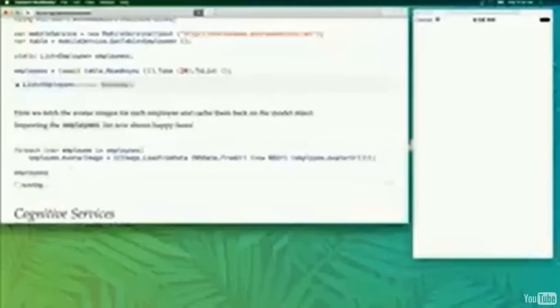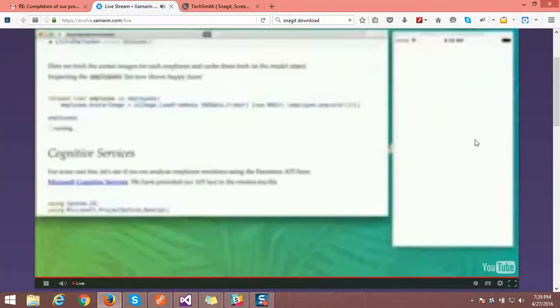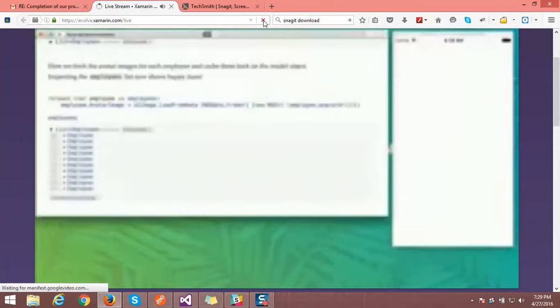So let's go and load these images. I'm just going to execute this. Got to press, again, Shift Return, or just return at the end of the line. And this is going to iterate over all the employees and fetch the images from the web and put them into the employee variable. So now